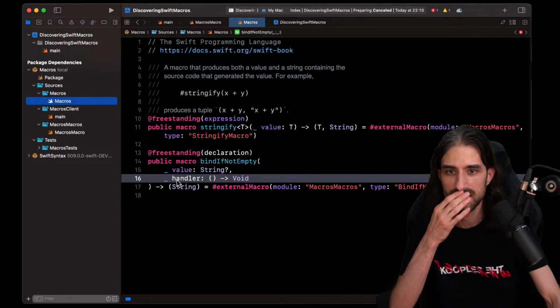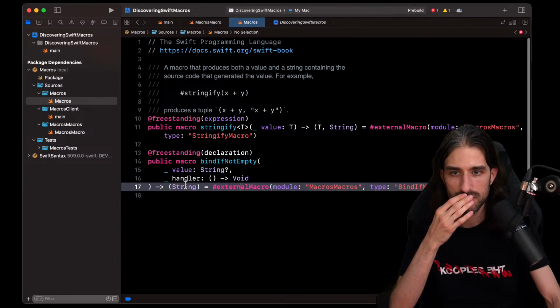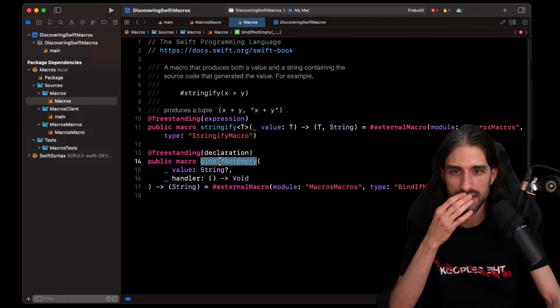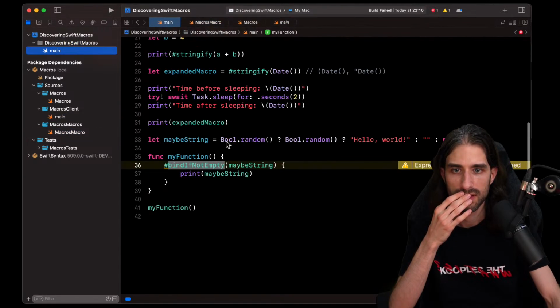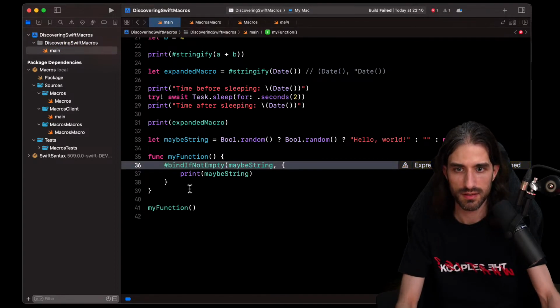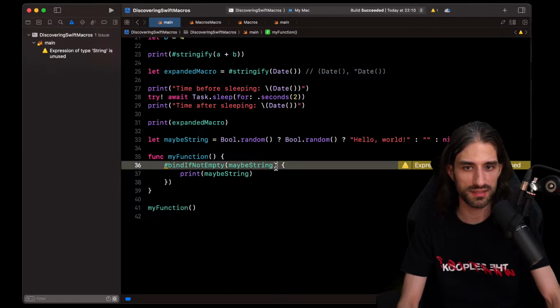I guess I must have missed something somewhere, because here I have my macro declaration, bind if not empty. So there is the value and the handler. I put it back. And what if I go back like this? Okay, so now it works like this.